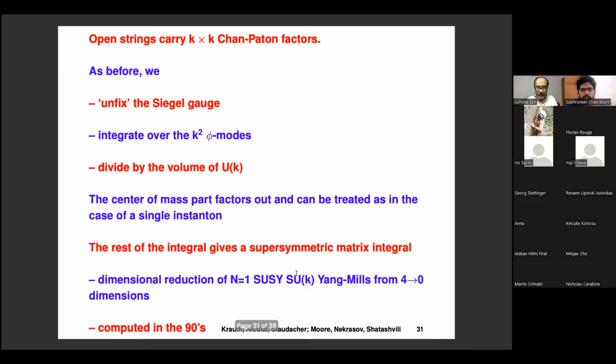Yeah. So I thought that when some of the instantons coincide, there might be additional zero modes. But those complicated things can be taken care of by this supersymmetric matrix integral. Yes, exactly. So those are already part of these matrix models, right? When the D-instantons coincide, you will get the whole matrix valued zero modes, right? Mm-hmm. And those are all part of this gauge theory, the dimensional reduction of this gauge theory.